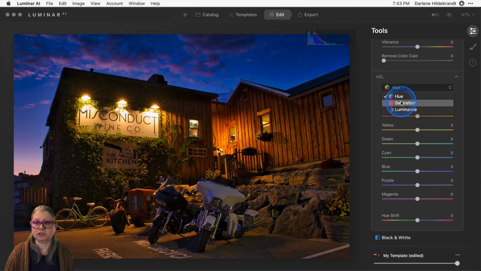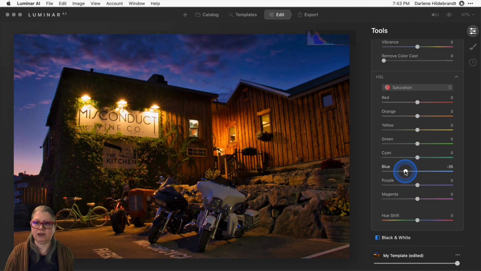In this case, we're concerned with saturation, so I'm going to choose that one. And I'm mostly interested in the saturation of the sky, which is blue. So I'm going to pull that slider to the left, which is minus. You can see if I take it to the right, it's increasing. So I'm going to bring the blue saturation down a fair bit. Now, are there other colors applying in this sky? Maybe I want to see if there's any purple and actually enhance the sky. You can see that's affecting the clouds and doing some nice things.